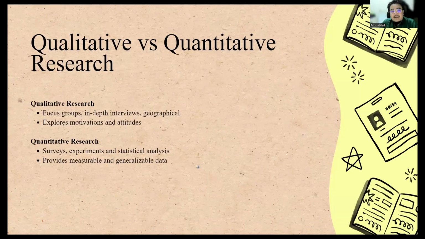Now we can explore the two main approaches that we use in consumer research: qualitative and quantitative research. Qualitative research is used when we need to explore in-depth situations, motivations, and perceptions. It's all about understanding the why behind consumer behavior, like why do customers buy this or that. The methods include focus groups, in-depth interviews, and ethnographic studies. For example, a focus group might discuss their experiences with a new product, giving the business a deep understanding of what's working and what's not.